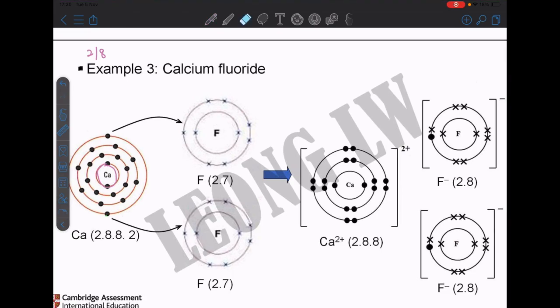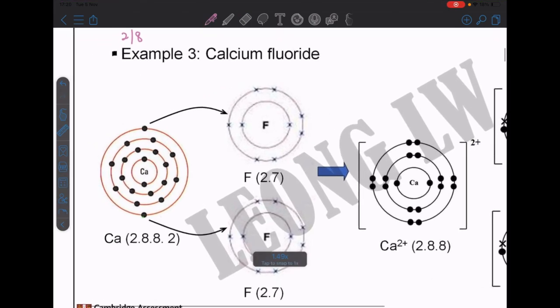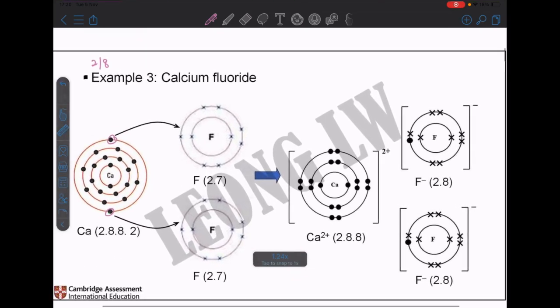So in this case, we have two electrons in the outer shell. That means we are not fulfilling the full outer shell. That means we have to donate the electrons to our non-metal, which is fluorine in this case, and it's perfect because we have 2 fluorine, as Ca is 2 plus and fluorine is 1 negative. So if you cross these two,